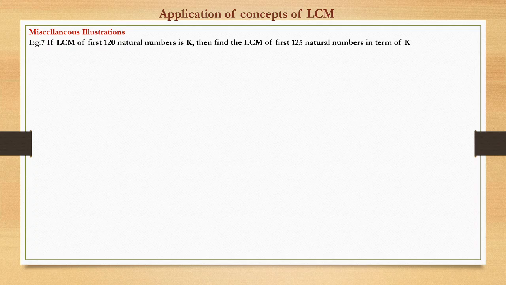All these questions use the concept of LCM, so that the concept gets through in your mind. Now, LCM of the first 120 natural numbers, that is LCM of 1, 2, 3, 4, and so on up to 120. How do we calculate LCM? We prime factorize the numbers, and each prime factor will have a certain index. What will be the index? The maximum index present in the set of numbers.